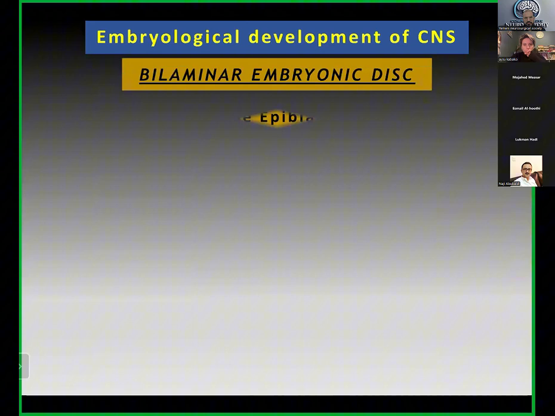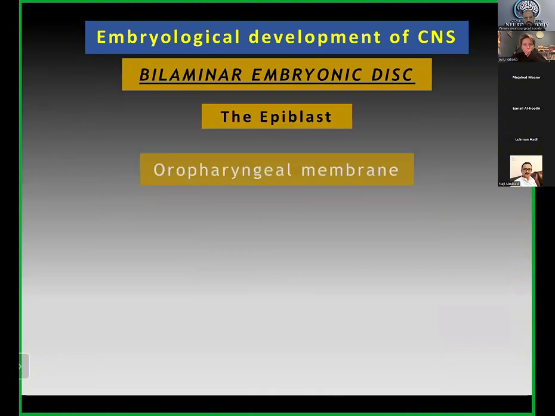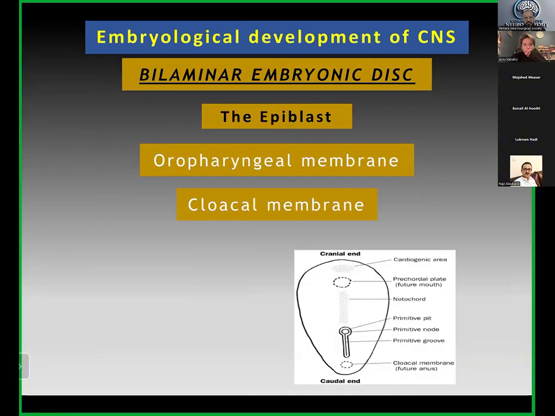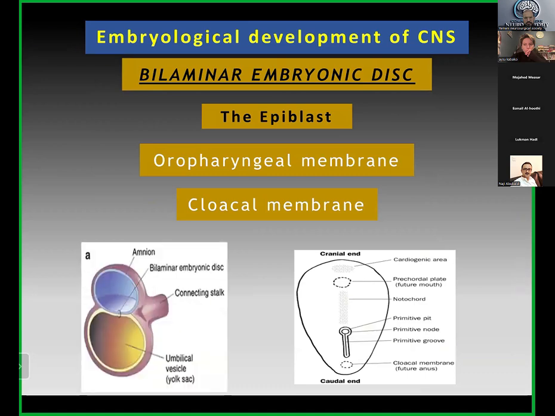So the epiblast is in the direction of the amniotic fluid. This is the surface of the epiblast. This is the amniotic cavity, and the epiblast is in the direction of the amniotic cavity. This is the cut section or axial view of the epiblast. The epiblast has many anatomical landmarks, like the